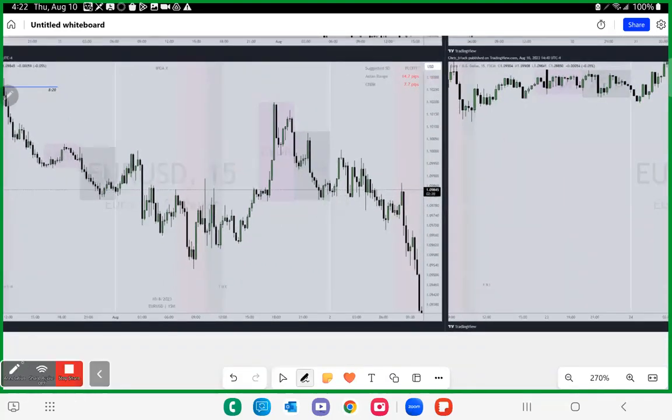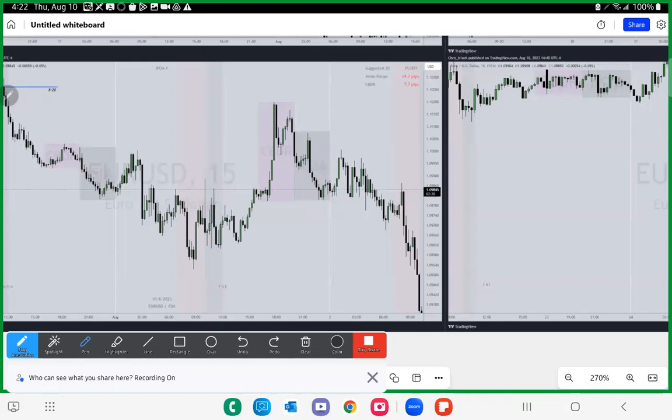Another example here. I told you this was going to be boring, right? Here we go, Asia session. We don't have a Judas swing above the Asia high, right? However, this can be considered a Judas swing. We have a short-term high here. We run above that level, all right, and then we displace lower. Just before we approach the New York open kill zone, we start creeping right back inside of London's expansion.